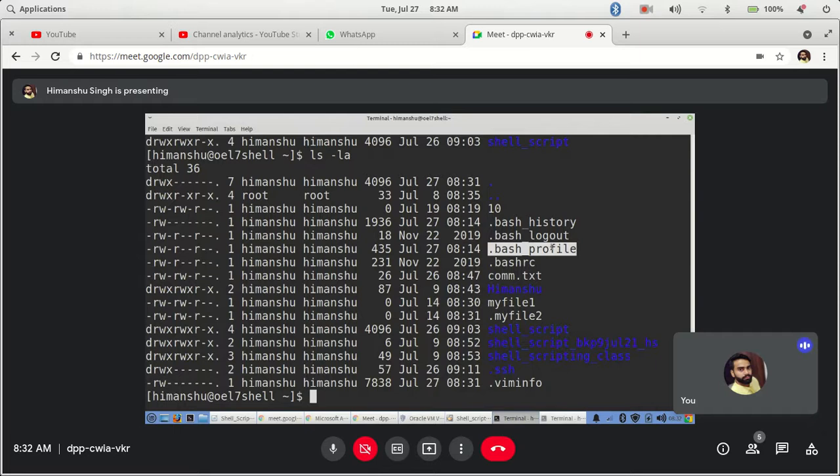Also, a good practice, which you will see in some places, is that you can create a file normally called .bash_aliases, so that all the aliases you can define in that file, and you can call that file inside any bash profile or something. That way you have a segregated entity of all the aliases defined in your system, so you don't have to worry about which aliases you have to use or which you don't.